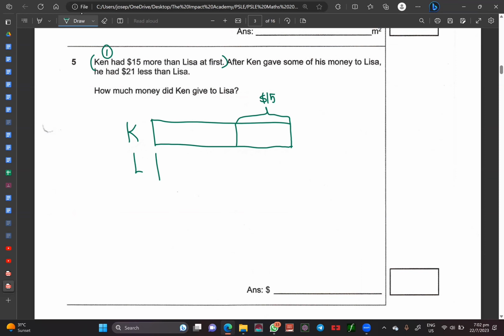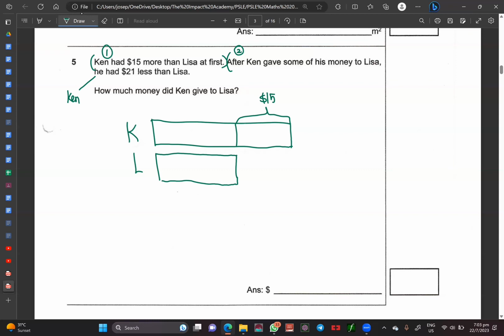Lisa will be here, from here all the way to here. And this is how I would draw my model. Once I'm done with this, of course, I want to move on to sentence number 2. It says that after Ken gave some of his money to Lisa, which I don't know how much it is, he, as in Ken,